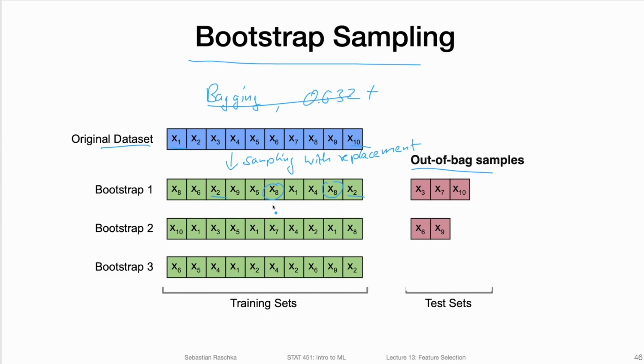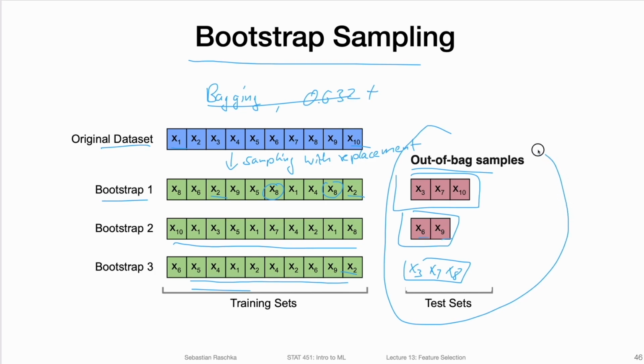And if I have these duplicated training examples in my bootstrap sample, as a consequence, there will be some examples that are not used at all in my bootstrap sample. For example, here x3, x7, x10, and here there was some mistake. There should also be some of them. Maybe I made a copy-paste error. In this case here, it's 6 and 9, which are not appearing here. And here there also should be some that are not appearing. I think I see at least x3, x7, right, and so forth, x8. So there are always some examples that are not present in my bootstrap sample, and these we call